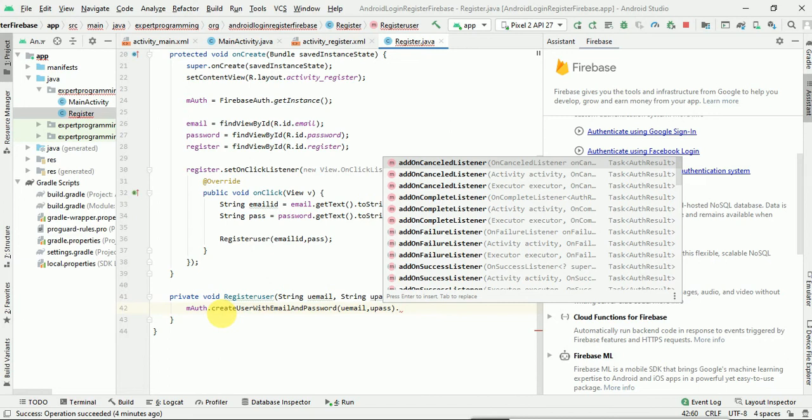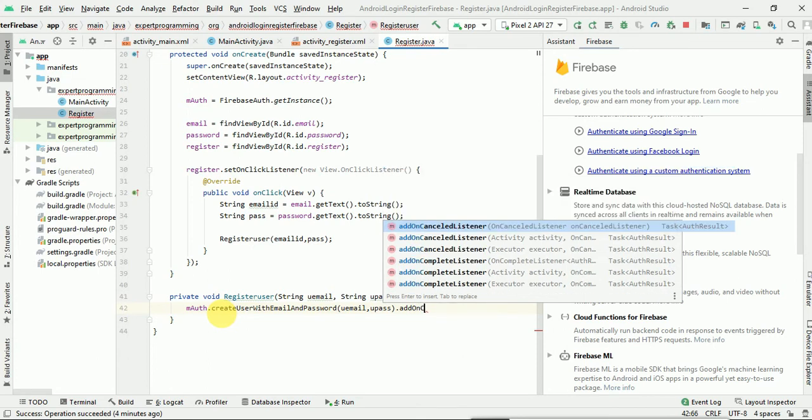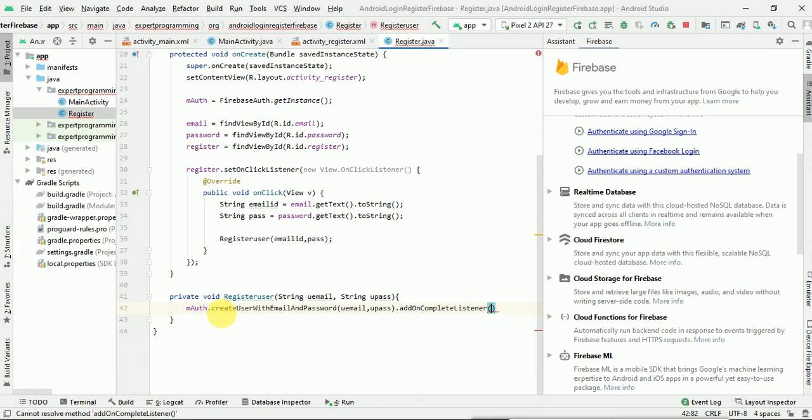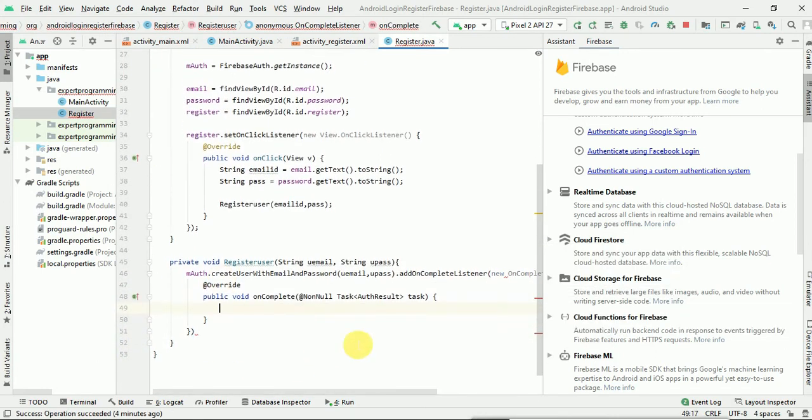Now here we have multiple functions, so we can use the addOnCompleteListener. So once it is complete, new OnCompleteListener, it will give us a task.